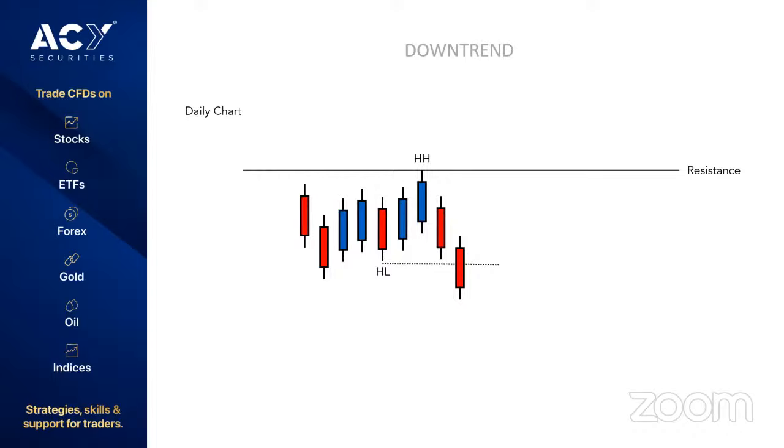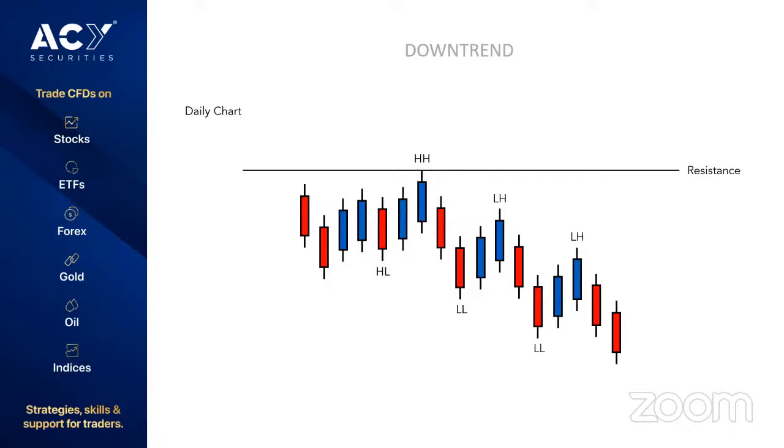Then you'll get the rally. It might be a 1 day rally, 2 day rally, or a 3 day rally, but you'll get a rally and then a lower high will form. And we'll move down to the next lower low, rally back up, another lower high will form, and so on. So you start to get these series of lower lows. We move up to a lower high, we move back down, we move back up to a lower high, and so on. So in a downtrend, price is never moving down all the time.